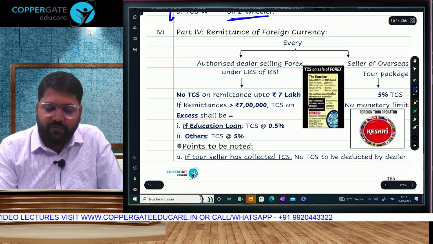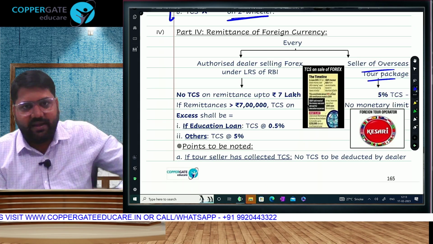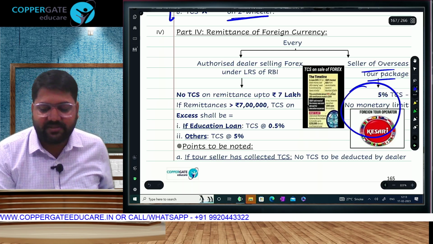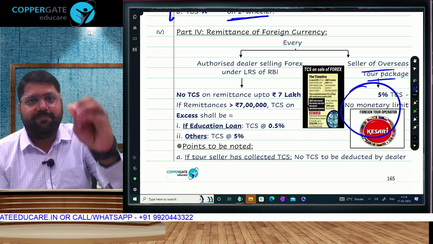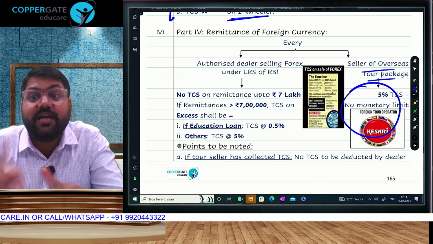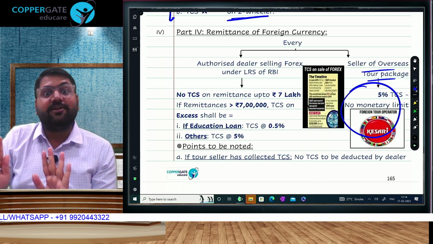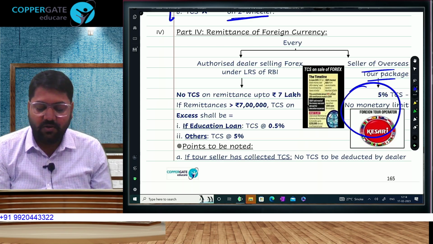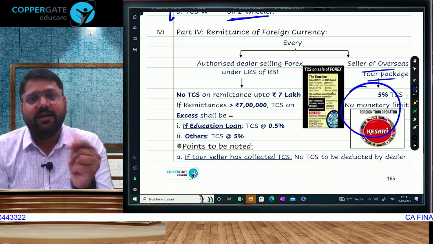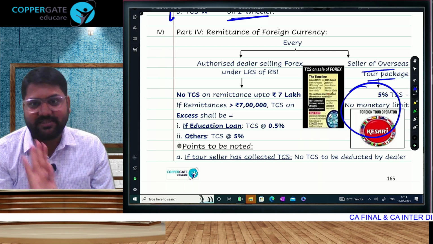Whenever, first, if you are selling overseas tour package, मतलब tours and travels guy, this is the easy part. So whenever you are selling a foreign tour, collect 5% TCS from your customer. So if you want to go to Dubai trip or Singapore trip, you go and pay 5 lakh rupees to the tour operator. He will take 5 lakh plus 5%. And that 5% is not increasing your tour cost. You will get refund. But the government wants to know who has money for going for foreign trips. Okay. So without any monetary threshold, every rupee 5% TCS. But later the customer will get it as refund. It is just a collection.